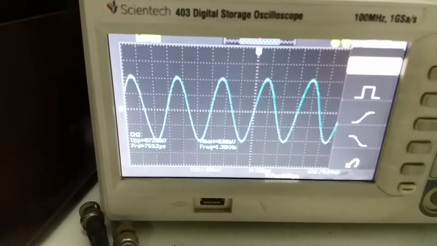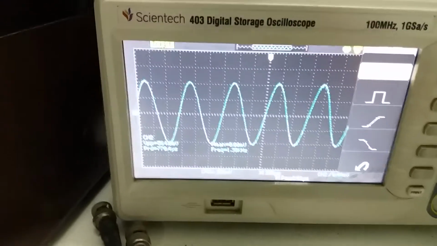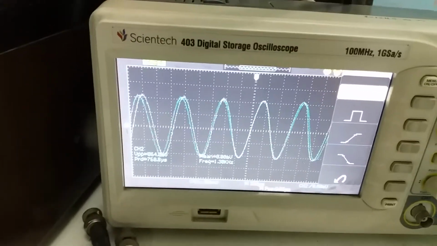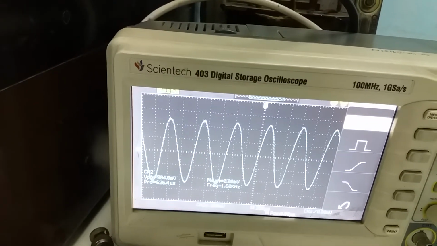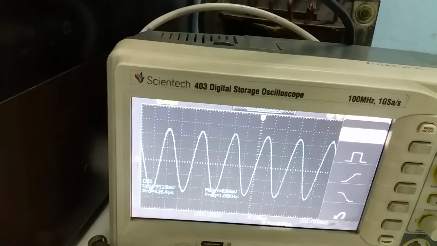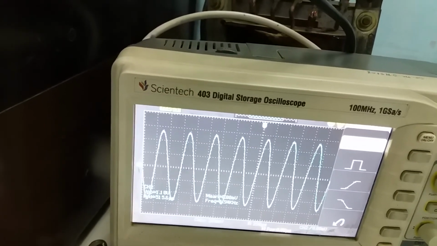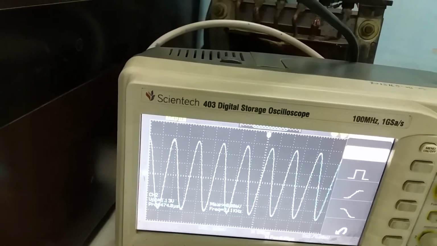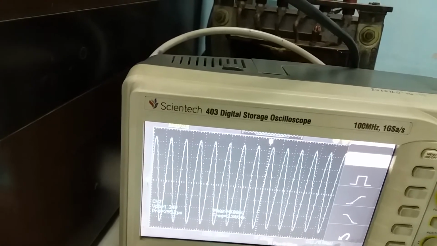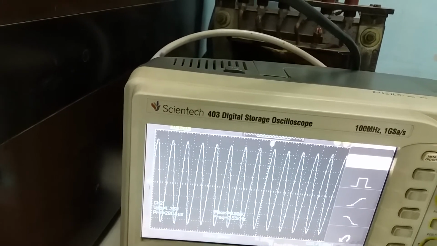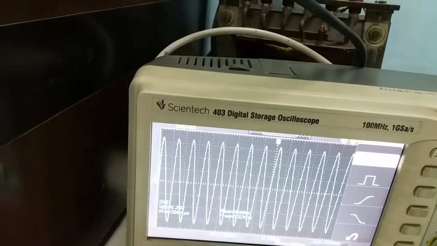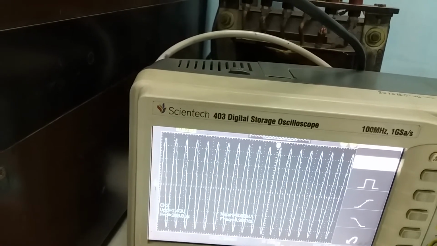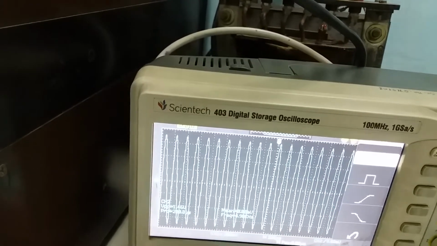Now I am going to raise the frequency. You are going to see it here also. So watch the frequency with respect to VPP. I have increased the frequency to 1.60, the output voltage is 990, near to 1 volt. Now I have raised 2 kilohertz, the output voltage is 1.1. Next 3.34, the output voltage is 1.35. The frequency is 4.98, the output voltage is 1.46.